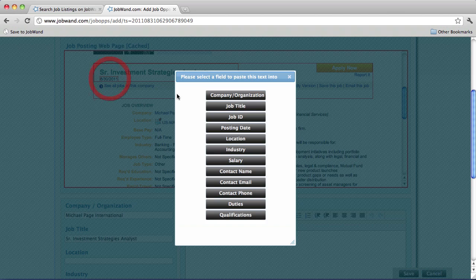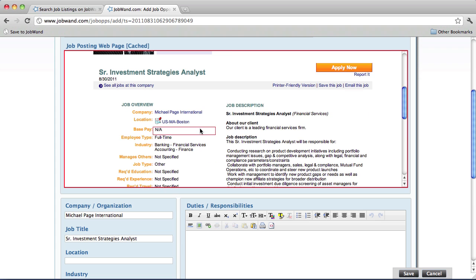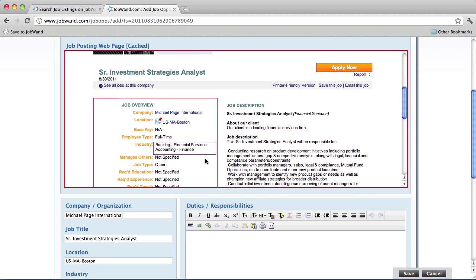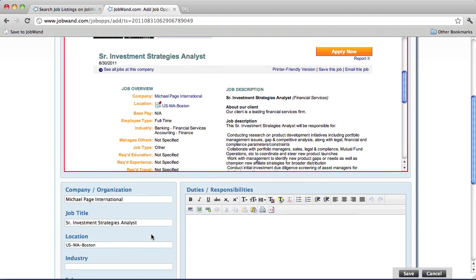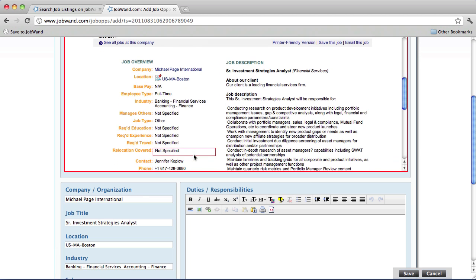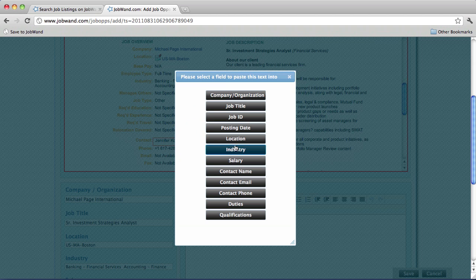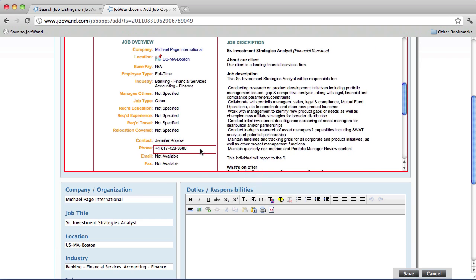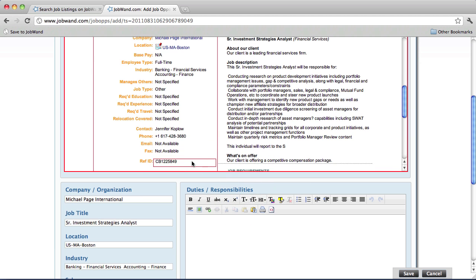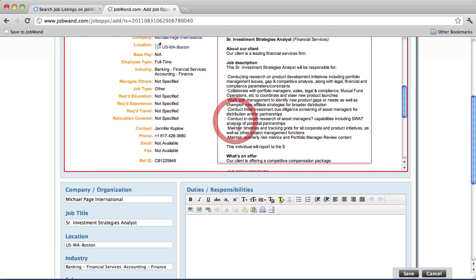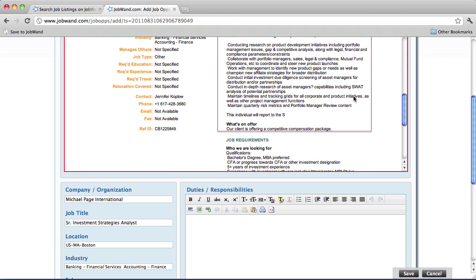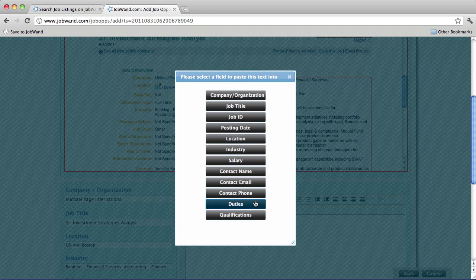Here's the job posting date, location, industry, contact name, and phone number. Here's the reference ID or job ID. Next, we'll do the job duties, responsibilities,